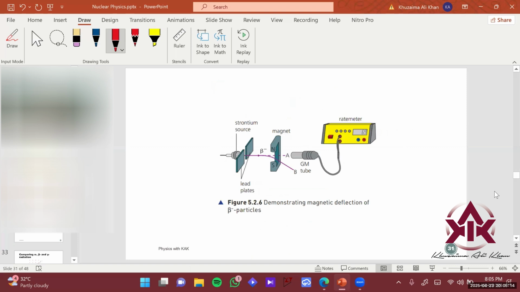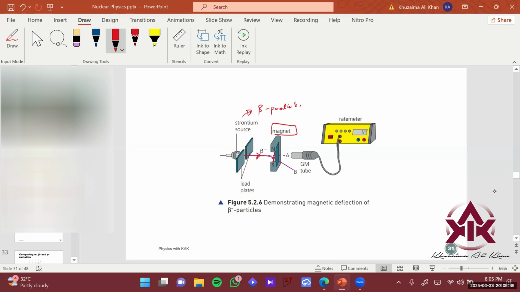This is the experiment zoomed in. I hope it makes sense. We have a strontium source which produces beta particles, right? And we have a thin outlet to allow the stream of electrons or beta particles to go in a line. Then we have a magnet over here, which gives magnetic field lines in this direction, and the beta particles go through the magnetic field lines. You can use